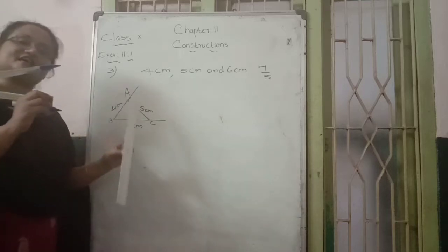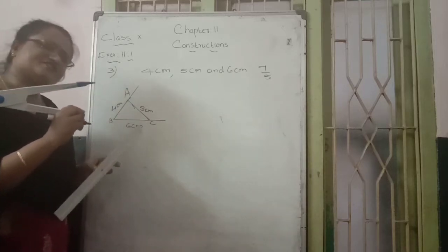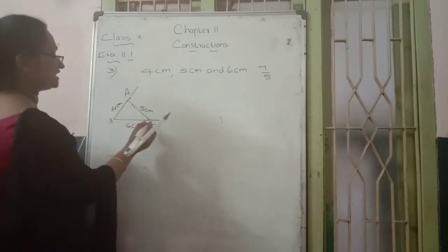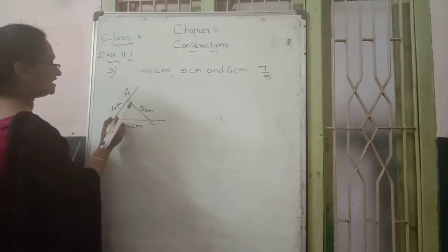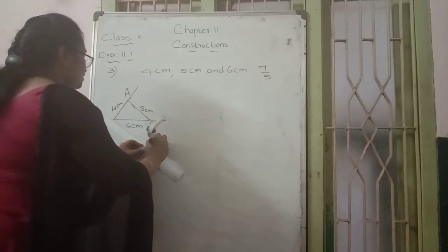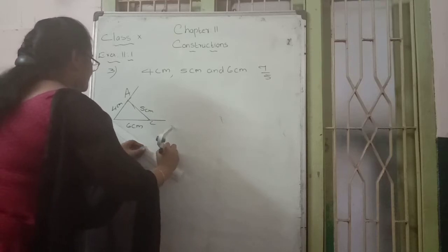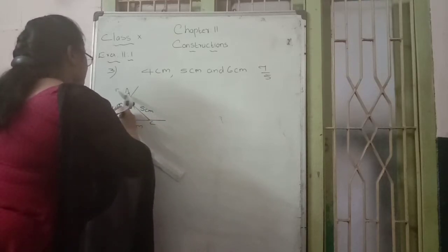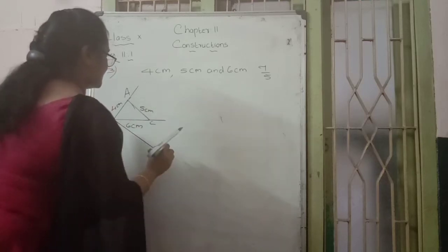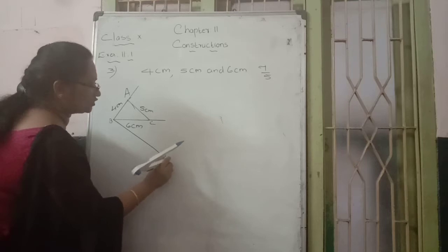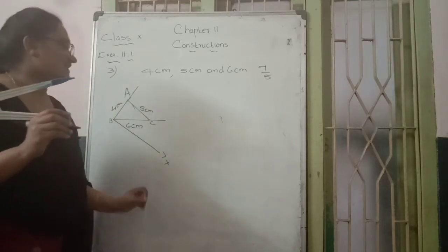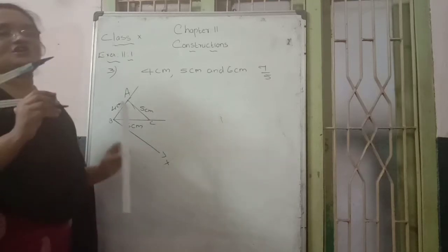Then the next process is the same as our second problem. Next, what do we want to do? Draw an acute angle. Here the acute angle is named CBX. An acute angle means less than 90 degrees. So CBX is our acute angle. Mark that CBX is an acute angle, marking the point X. That means BX is our ray, and CBX is the acute angle.